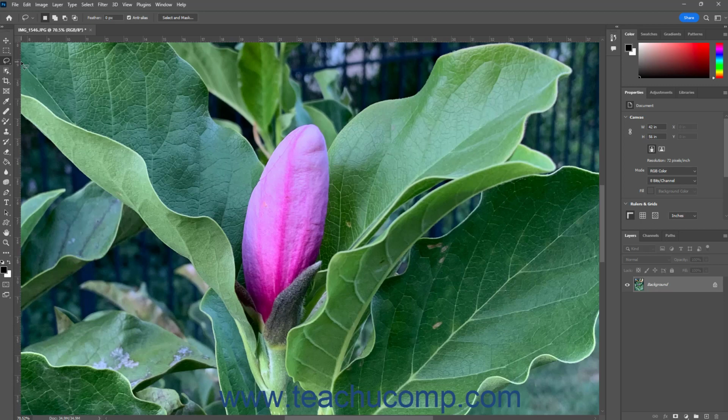To show a drop down menu of saved tool presets from which you can choose if you created any for the Lasso tool, click the Click to open the Tool Preset Picker button at the left end of the Options bar control panel. To choose the Selection Setting button to use for your selection, click either the New Selection, Add to Selection, Subtract from Selection, or Intersect with Selection button in the Options bar control panel. This choice determines how the selection you are about to make interacts with any existing active selections in the Photoshop